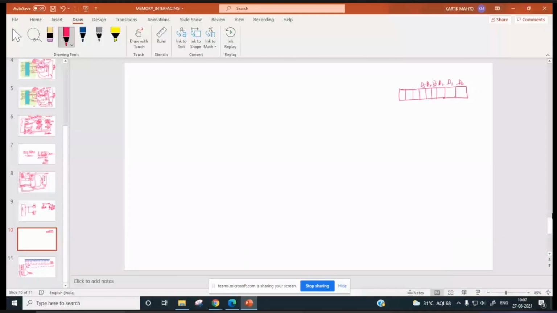Now, for inputting data into this register, you will have 8-bit lines like this. Another register, you can have 8-bit registers like this. For storing and reading data from a register, you will have lines like this.